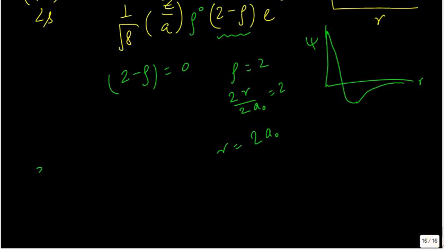Similarly, if we go to 3s, which would be 3 comma 0, no, before that there's a 2p also. How many radial nodes does this have? 2s has 1. You know that the number of nodes is n minus l minus 1. This is the number of radial nodes. The total